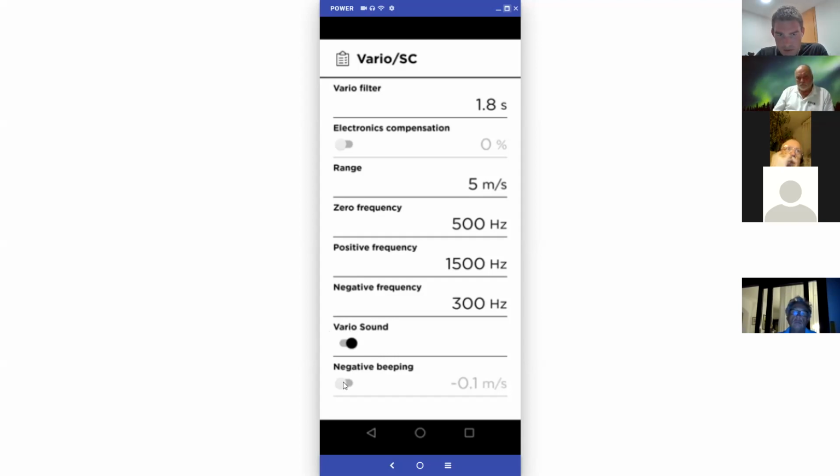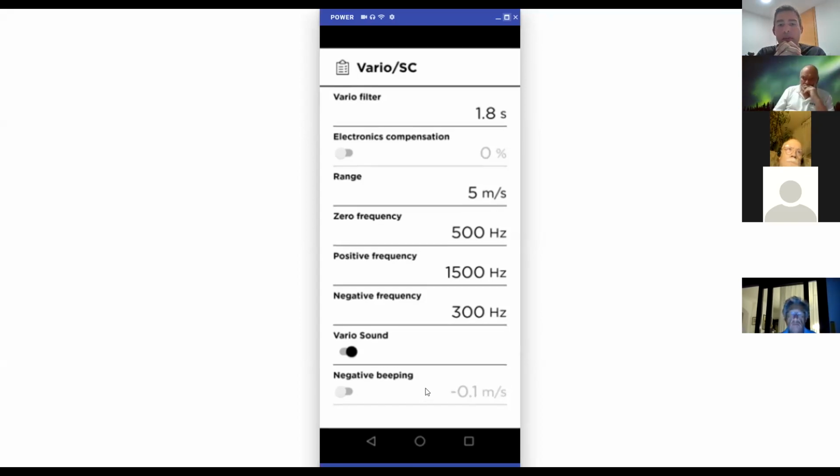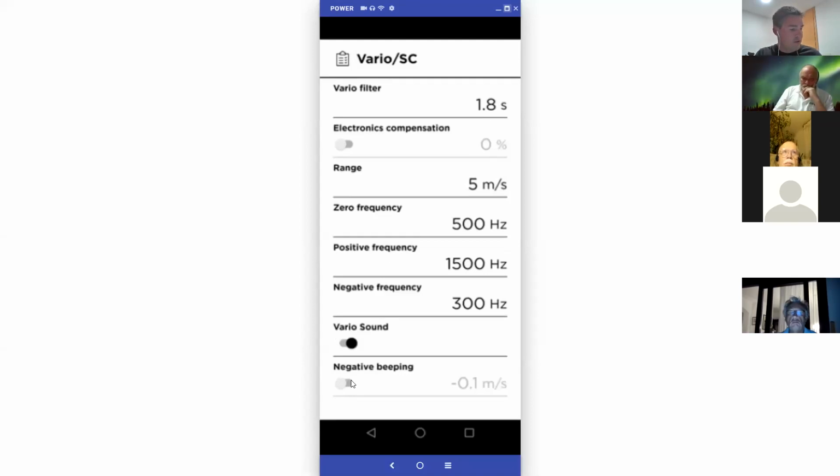Then we have the negative beeping. This is also something new now. Basically, this is the offset of when the beeping starts. Basically, if your glider is sinking 0.6 meters per second, and you are used to flying so that you would like to know when the air mass already starts to climb, not the glider, you can set here the negative beeping to minus 0.6. What will this do? When the plane is sinking minus 0.7, it will go like, oh, and then when the air mass will start slowly rising, and you will get to 0.6 meter sink, the vario tone will go like tut, tut, tut,